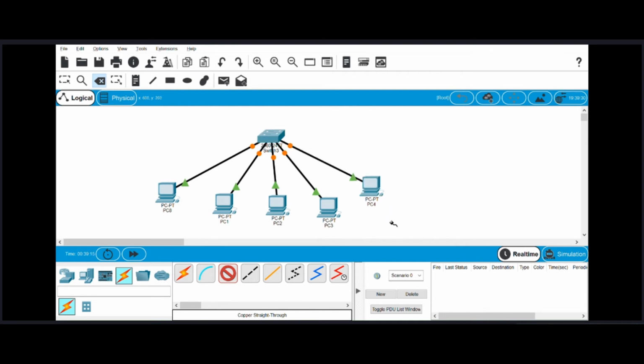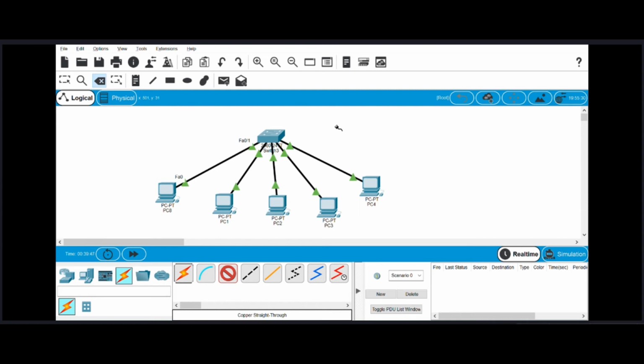You can see that these end devices are ready for communication, and this has turned green, which means the switch is ready to communicate with all these end devices. But it's taking a little time because a switch is a more intelligent device than a hub.